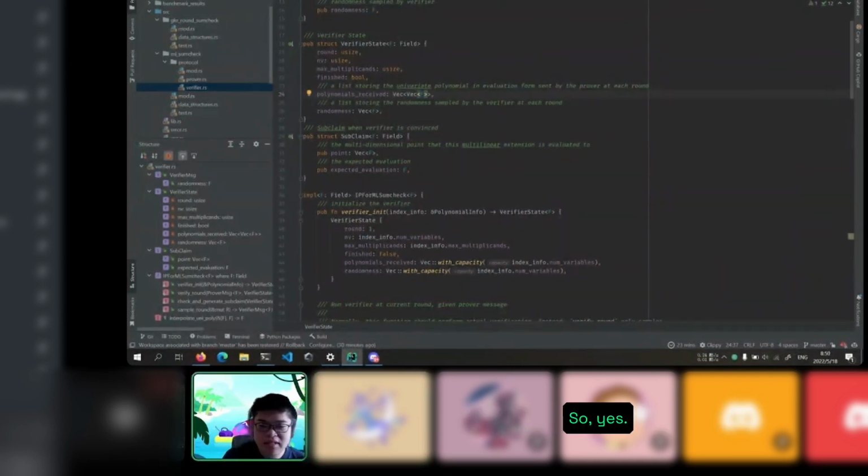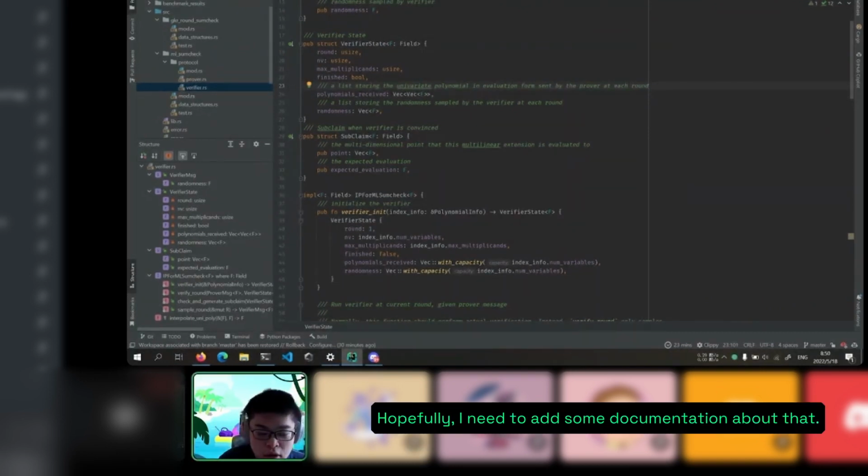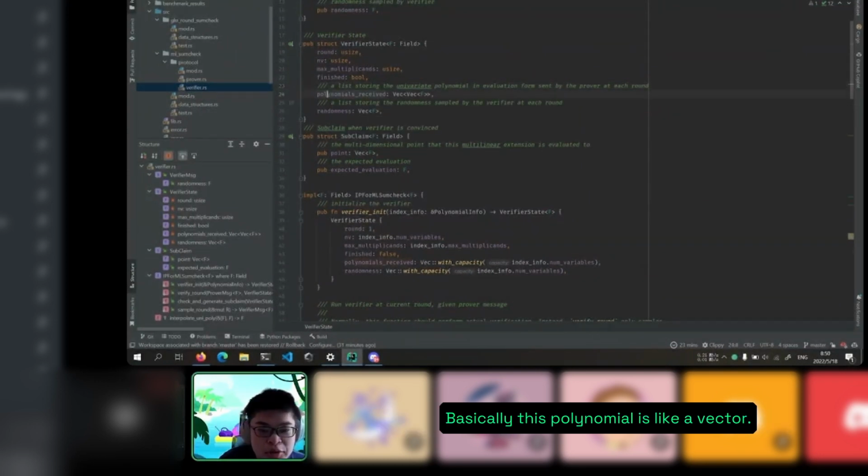Yeah, thanks for catching that. I need to add some documentation about that. Basically, this polynomial is like a vector. The first axis is the round, and the second axis is the multilinear polynomial. So basically, this is a polynomial in multilinear form, which is, for example,